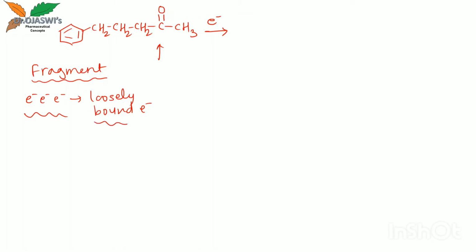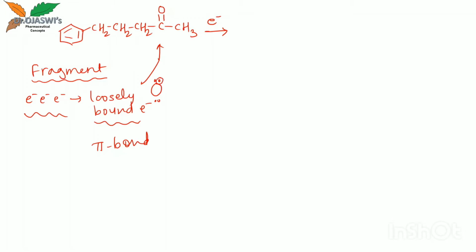Now where is the loosely bound electron here? I can see this carbonyl group. This oxygen has a lone pair of electrons, so these electrons are loosely bound. Yes, we have a pi bond also in the structure, so from the pi bond also you can remove the electrons, not a problem. There are many fragmentation pathways possible for any given structure. The pathway which I am showing you is by removal of the electrons from this heteroatom.